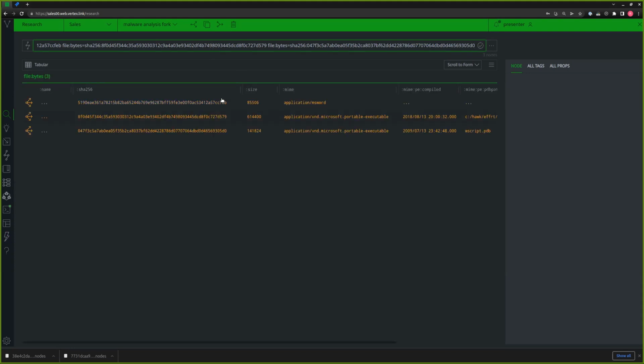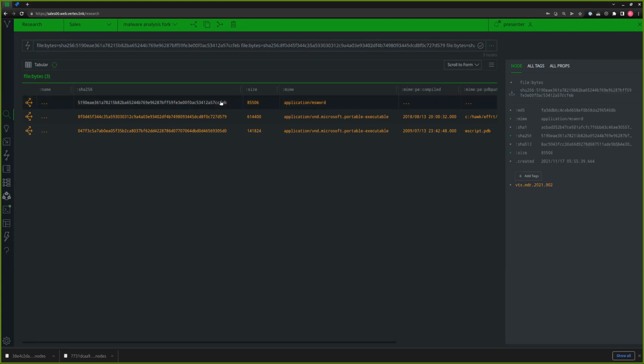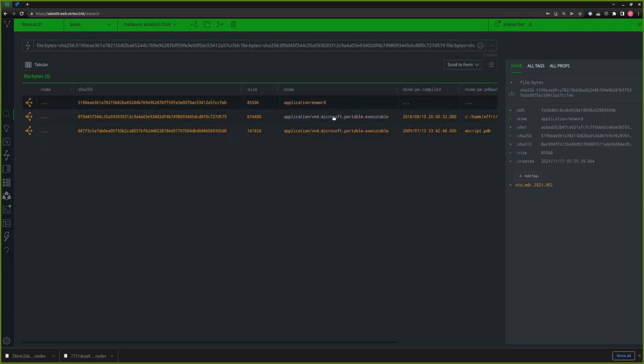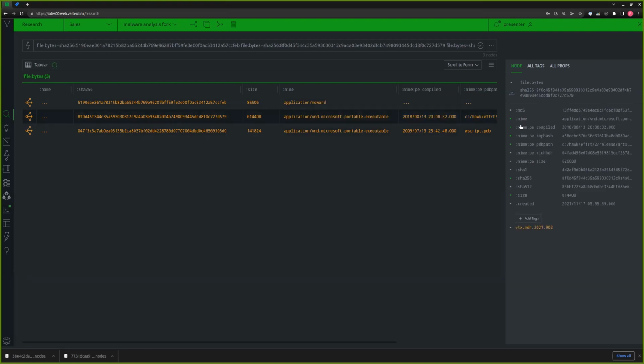As I refresh my query, what I see here is what the file parser returned for me. It actually populated more properties for those files. So it gives me more key information about what I'm looking at. Prior to executing the file parser, I didn't know that one of the files was a Word document, nor did I know that these two files were executable. So it pulled out some of the key MIME information. It also pulled out the PE compile time and the import hash information,